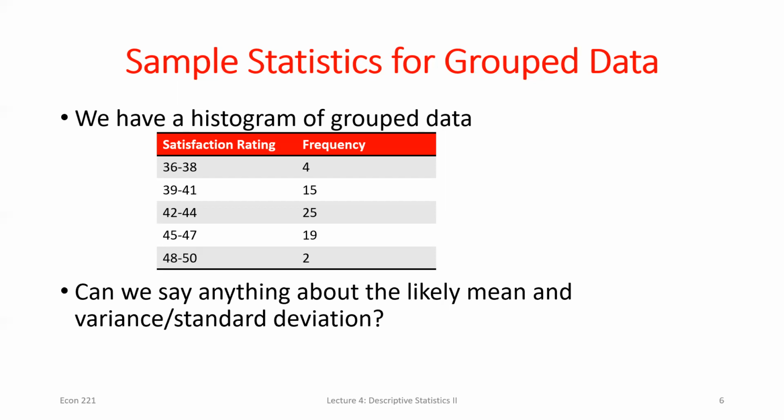So this is where you have to be careful. You were actually looking at the frequency variable. The frequency is what we're going to be using as our weights. We're interested in the weighted mean of this satisfaction rating variable. Using the midpoints, 43 is going to be weighted a lot, while the values of 49 and 37 really don't represent that many people, so they're not going to carry nearly as much weight in my calculation. So if I'm focusing on the weighted mean of my X variable, the satisfaction rating,